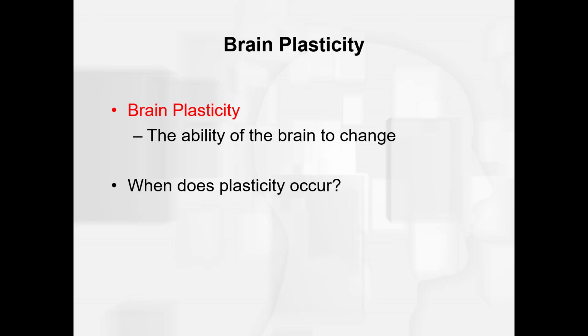What did we talk about in the last chapter? Learning. So during learning, that response that we saw of the postsynaptic cell and the presynaptic cell, those changes that we saw in the dendrite and in the axon terminal, those were plastic changes. Those were actually changes that were occurring in the brain. We also see it occur in addiction. So there are changes. The drugs actually cause physical changes to the brain.